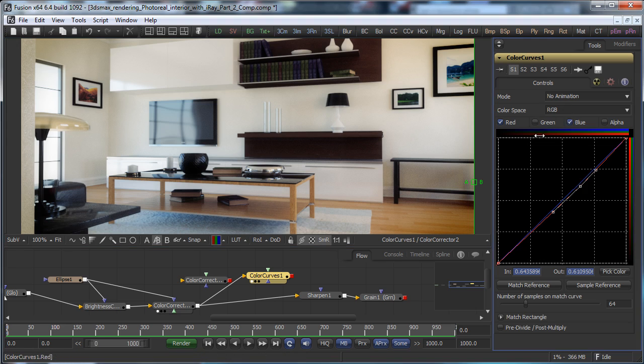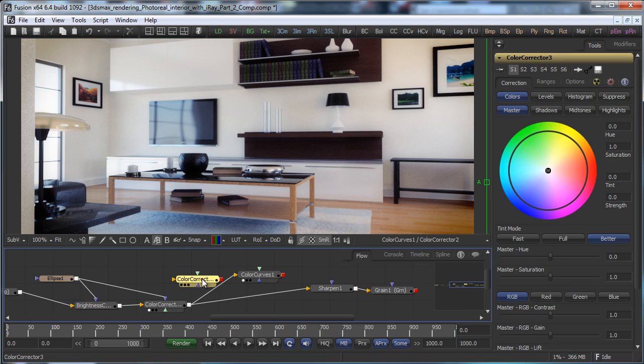Okay, let's see the blue. We have a little bit more blue inside. Okay,